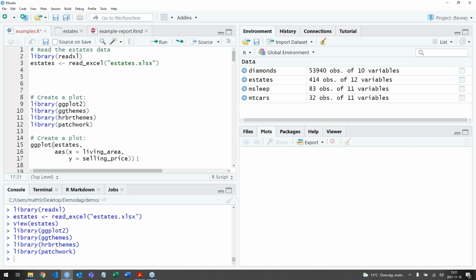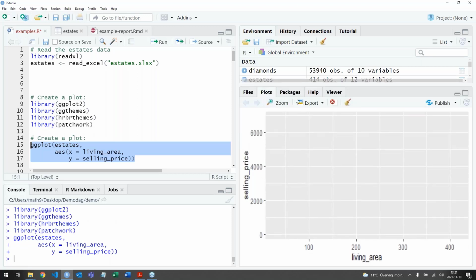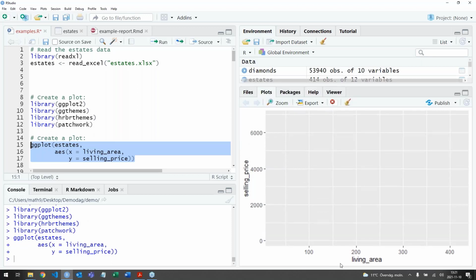And the beautiful thing about these plots is that you build them sequentially. You build them part by part. So if I just run this code here, the only thing that will happen is that I'll generate a coordinate system, and there's still nothing in it. Along the x-axis is the living area, along the y-axis is the selling price, and it still doesn't contain any information, right? But then I can start adding things to my plot, like adding points that represent the different houses